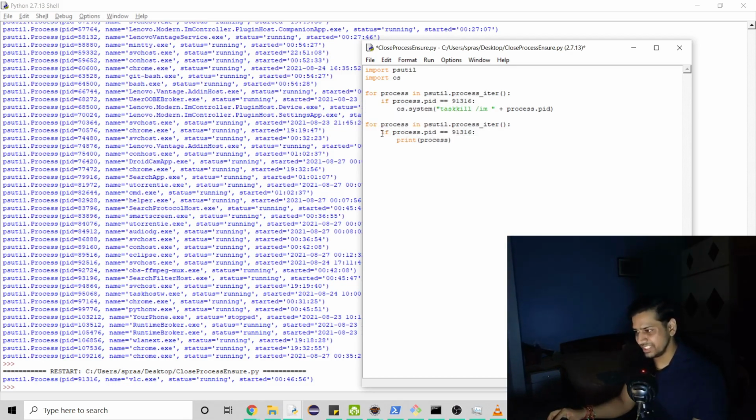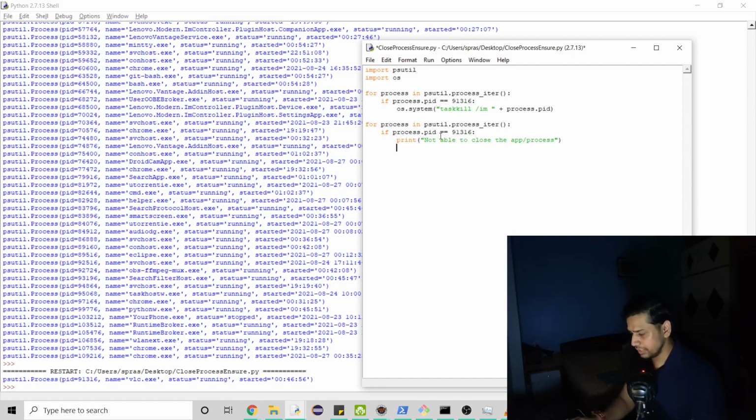So if it is able to find this process ID, which I know that it is not going to, but rather than making it affect, I will just print not able to close the app/process, and I'll copy this print into my else, and here I would do successfully closed